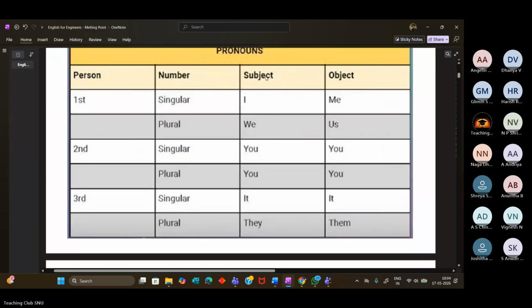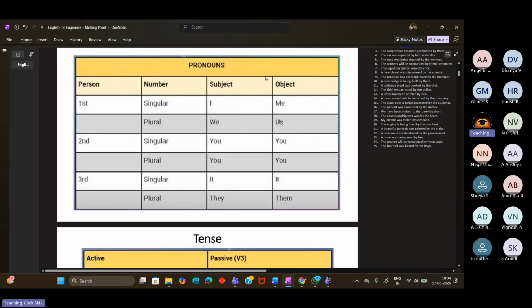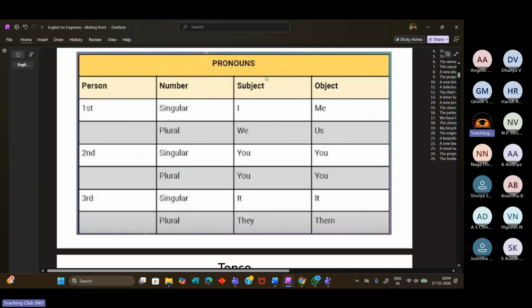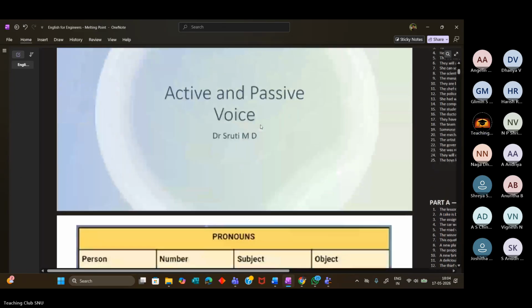So, active and passive. Basically, when you consider the basic essence of this grammar concept, what active and passive voice does is, in active